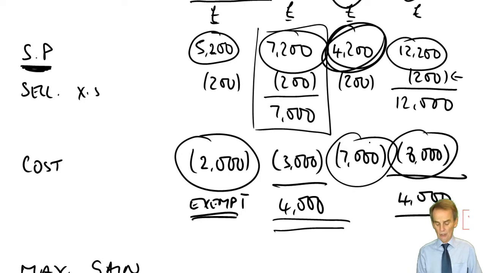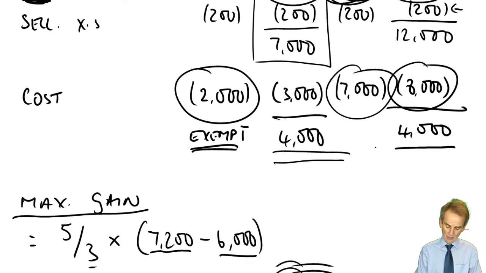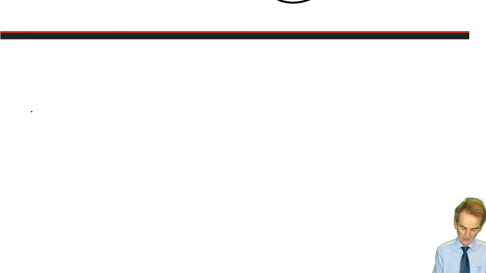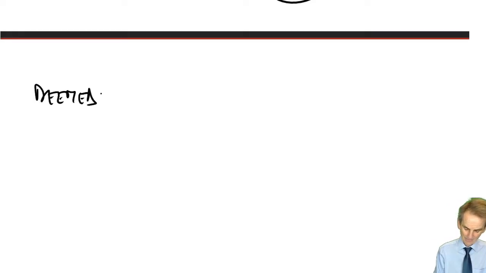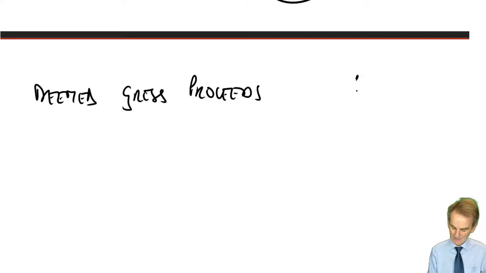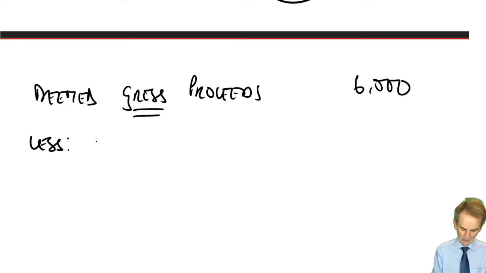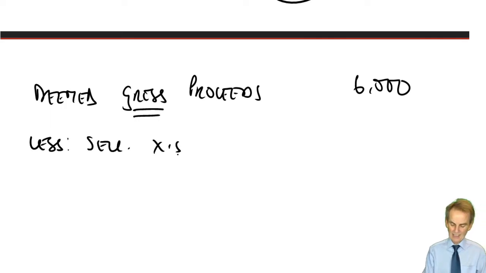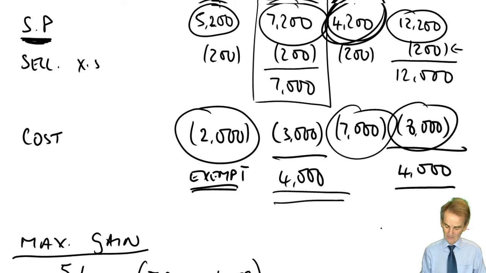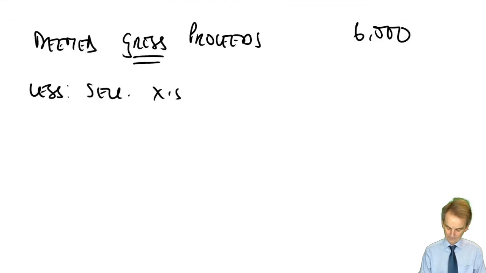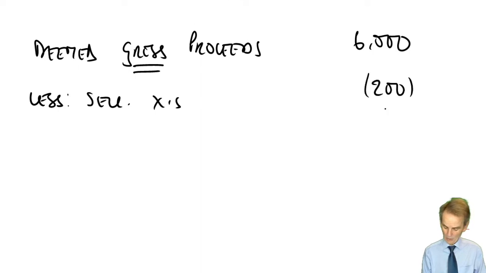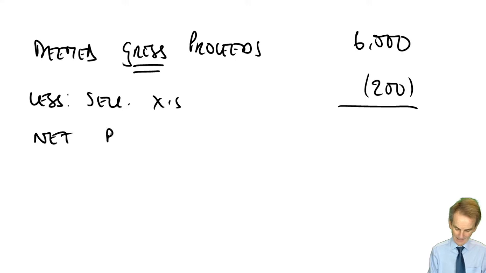So what happens now where the cost is above £6,000 and just the proceeds are less than or do not exceed £6,000? We limit the loss. And how do we do it? We do a single calculation where we take our deemed gross proceeds to be £6,000. Notice gross proceeds. That means that we still get to deduct from those proceeds any selling expenses, which I think in every one of these cases was £200. Yeah, £200 there. Take it away, and therefore net proceeds